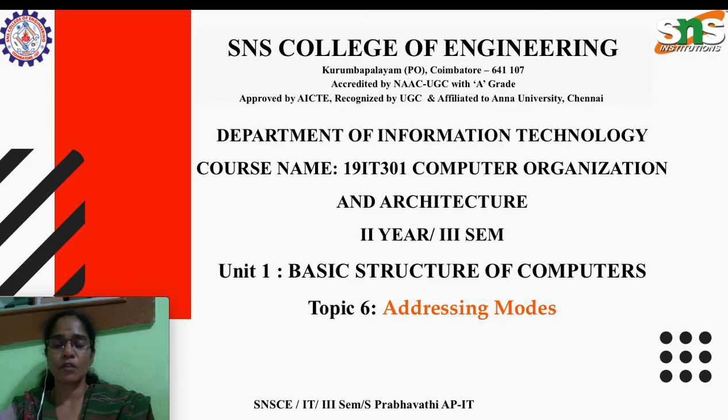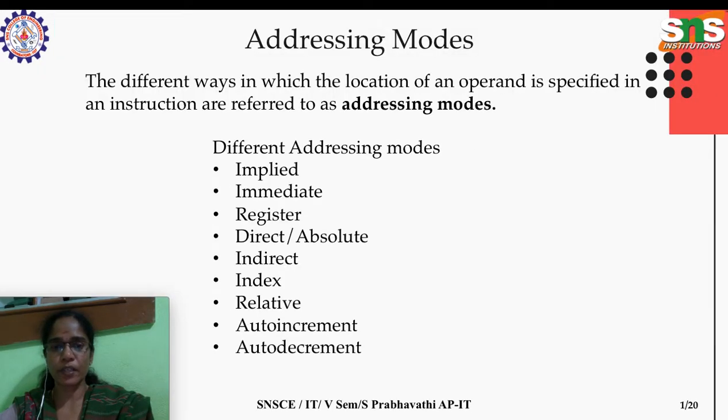Now we will move on to today's topic, addressing modes. The logic behind the addressing mode is that it gives the location of an operand. When you execute an instruction, and the instruction takes an operand, that operand might be in a register or in memory, is it not? So we need to get that location. There are different ways of getting the location of the operand, and that is by means of addressing modes. Addressing mode is nothing but different ways of locating the operand values. Below are the types of addressing modes, which we are going to see one by one.